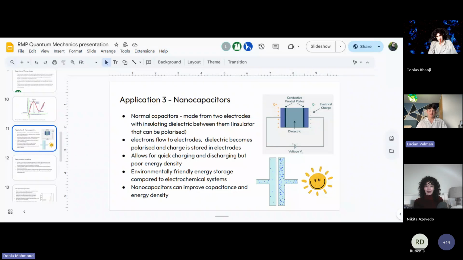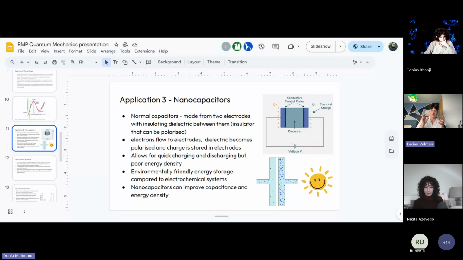Yeah, so the next application was in nanocapacitors, where quantum tunneling is used. Regular capacitors, to explain, are made from two conductive electrodes with an insulating dielectric in the middle, which is an insulating material that can be polarized, so it has high polarizability. When electrons flow through the circuit, more electrons go into one of the electrodes, which polarizes the dielectric and